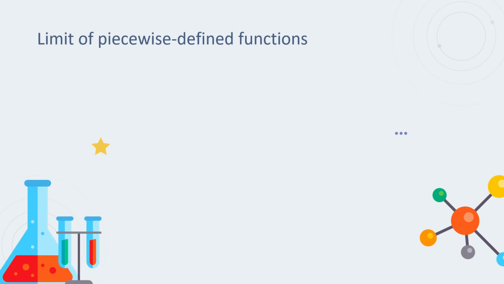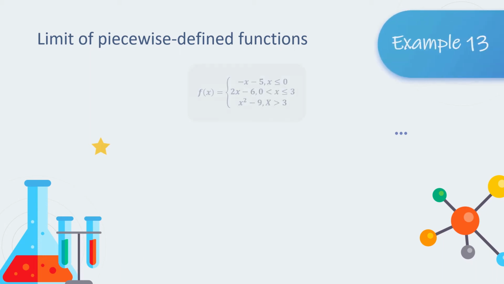Limits of piecewise defined functions. For functions that are defined piecewise, a two-sided limit at a point where the formula changes is best obtained by first finding the one-sided limits at that point. Or we can say that a piecewise function is a function built from pieces of different functions over different intervals. Given the following function,